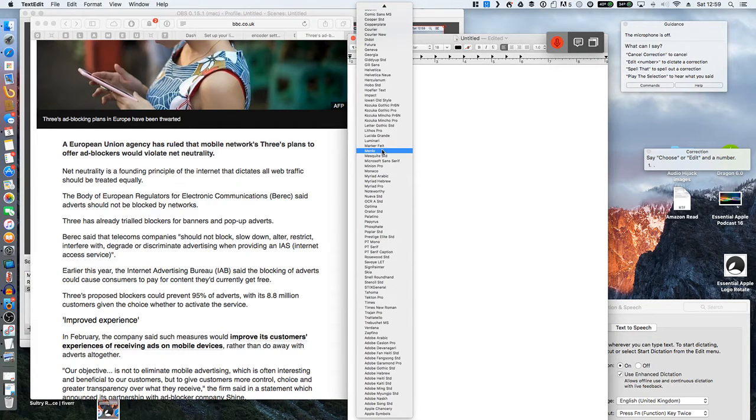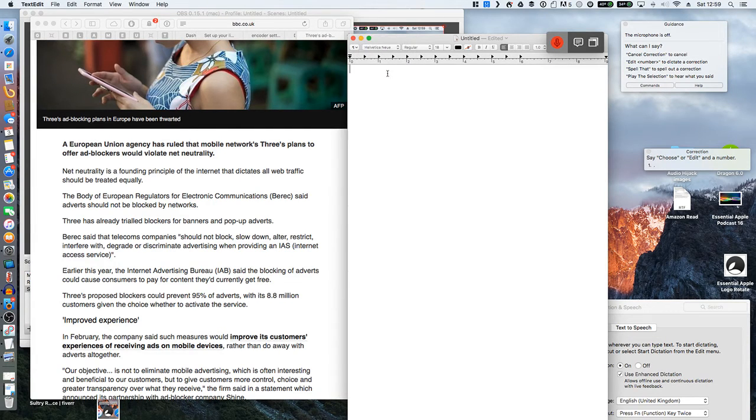What's the one that I usually like to use? Helvetica Neue. Who doesn't like a bit of that? So,